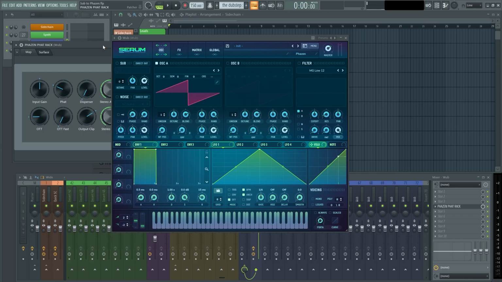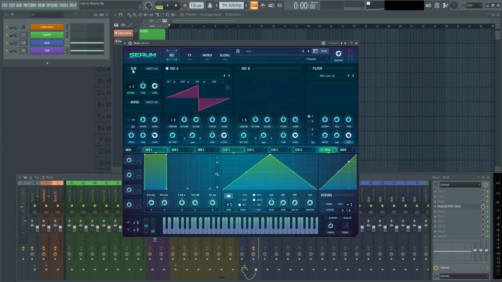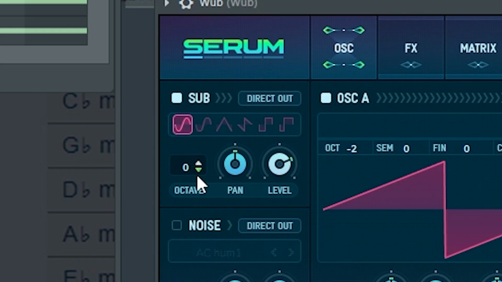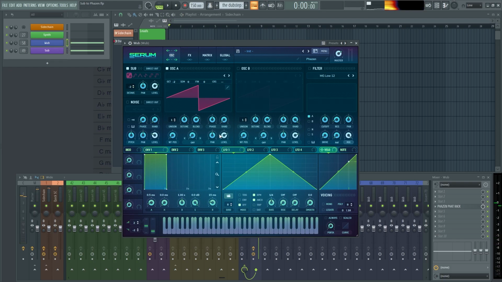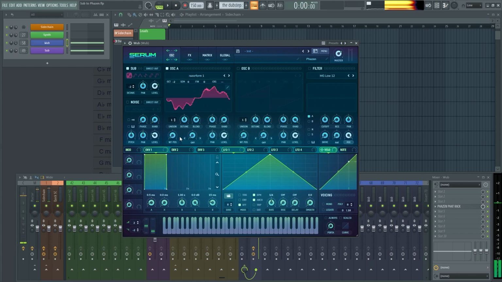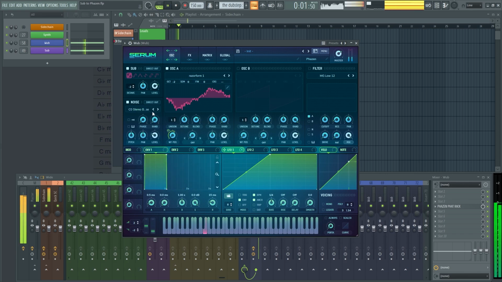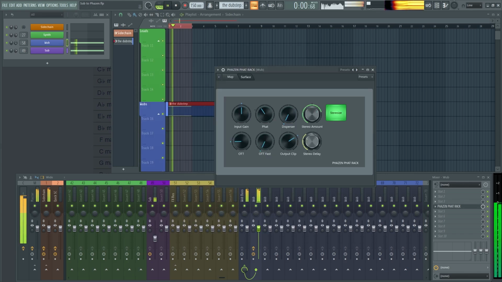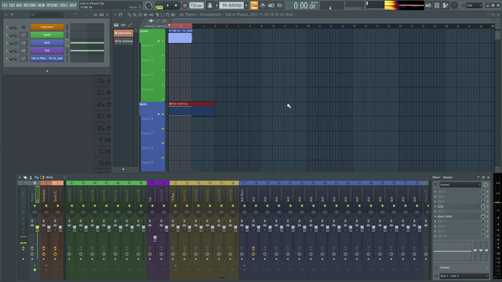Okay, so here's the laser bass thing. We got the default Serum with the default sub. And then we go to the AU5 Serum preset pack thing and choose the cool waveform. And I add the noise and the fat rack I made. Then I render it to resample. Then I add the